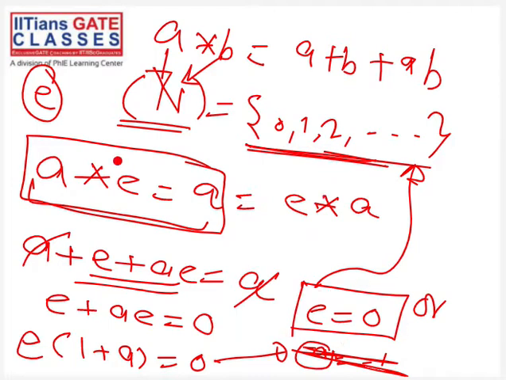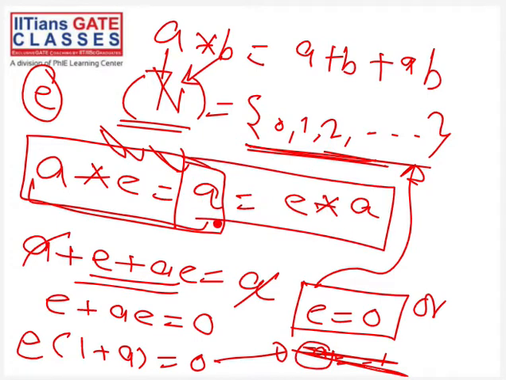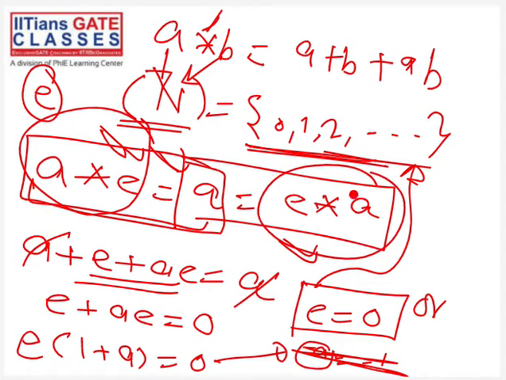So from this, only from this, we can conclude that E equal to 0 is maybe our identity element. But we also need to check this other side. Actually you can check it, and your identity element will come out to be 0. The reason why I can say this without checking is that we have already seen that this star operation is commutative. So basically A star E is equal to E star A. This we have already seen, right? So we do not need to check again.